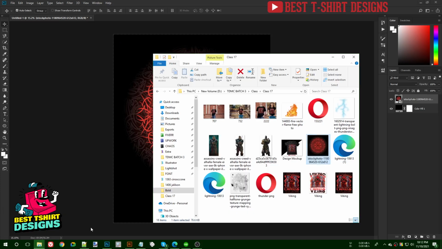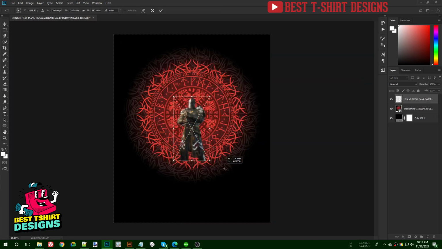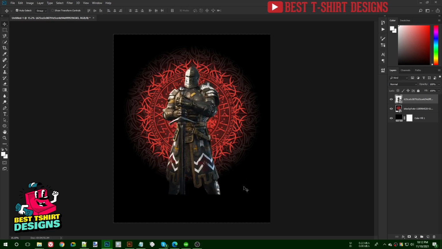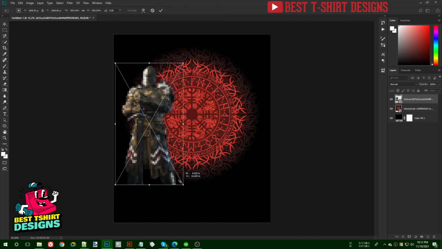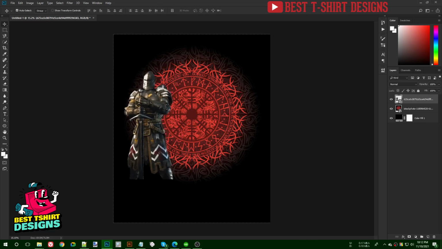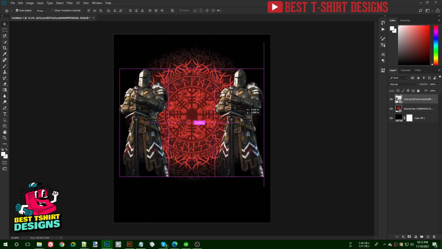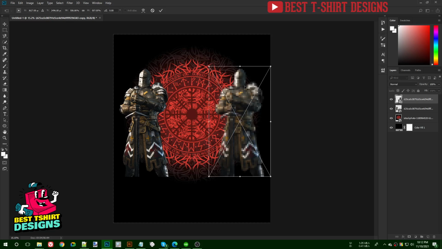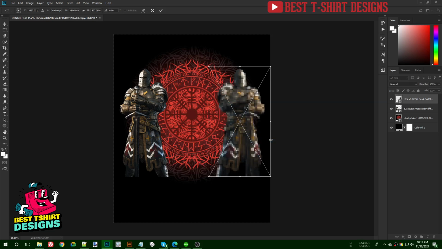And then of course I am going to use this knight here. You can see they are not very good quality images, the size of them. This is just some random Google images. So I'm going to place one here, and then I'm going to bring that to this direction, and then I'm going to press Ctrl T. Ctrl T will give me this transform option, right click and then flip horizontal, press enter. So this is how it is looking, and this is how my design is going to be.